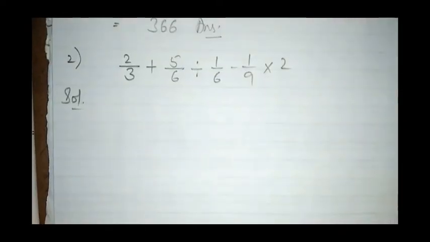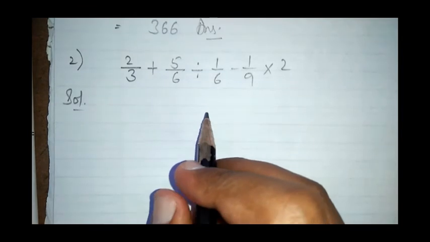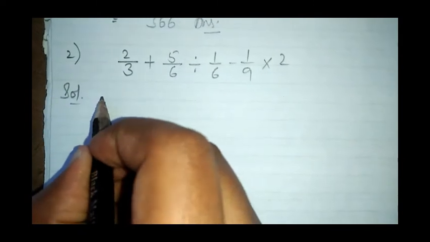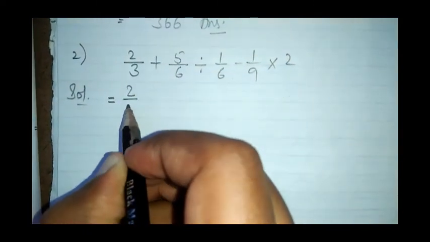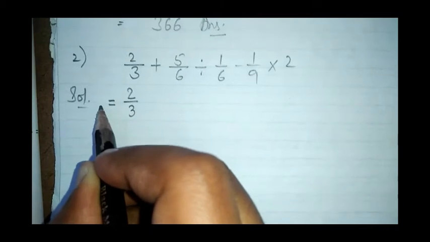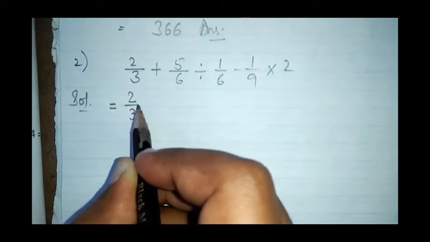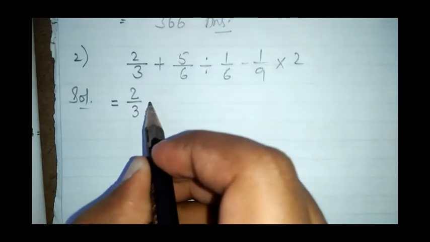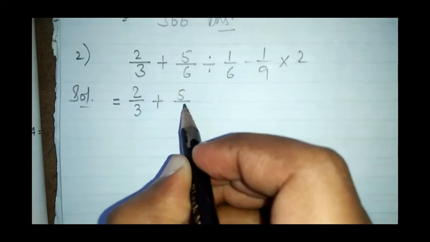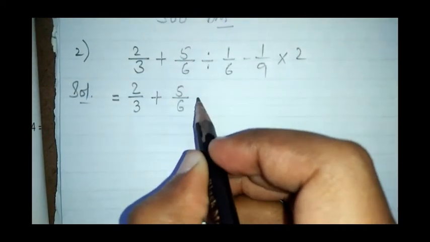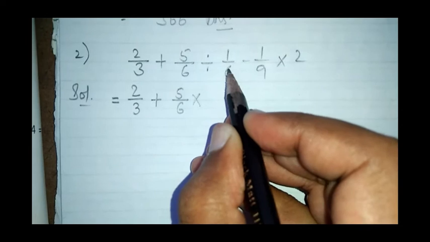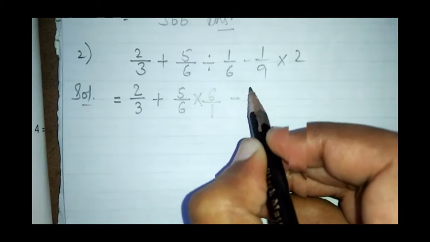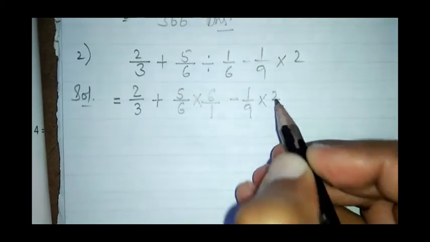Now children, let's see one more example involving more fractions. Again we'll follow the rule of DMAS. So first we'll do the division. Okay, rest of the things will be copied as it is. While doing fractions, keep this thing in mind that this sign will be exactly in between the fraction bar. Okay, this is very important. 2 by 3 plus 5 by 6. This division will change into multiplication and after that the fraction will be reciprocal. So I will write it as 6 by 1 minus 1 by 9 into 2 copied as it is.